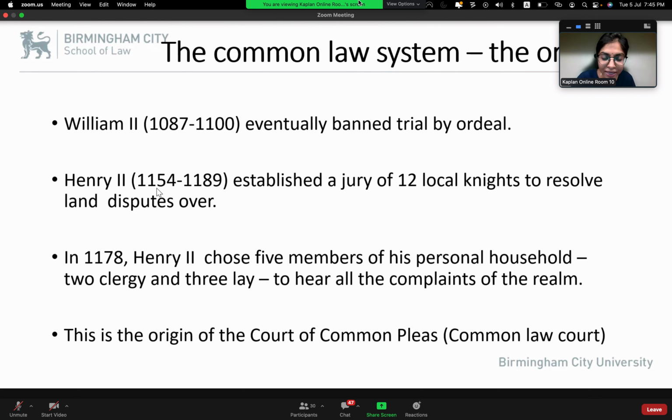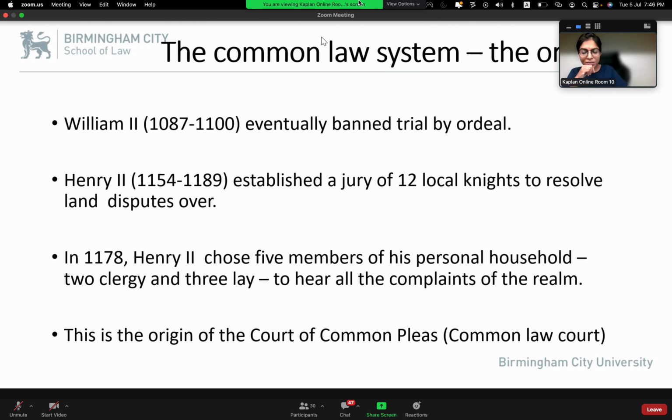And then Henry II, who took the throne from 1154 to 1189, created the jury system in the UK. What's the jury system? Basically, the king at that time had already created the King's Court. What is the King's Court? The King's Court means the king becomes the judge. If people in society had any dispute, you had to go to the king. The king would resolve your dispute. So the king, under the Norman Conquest monarchy, said we don't want to follow this trial by ordeal.